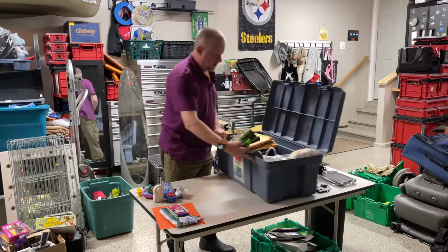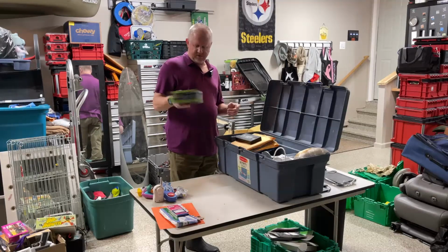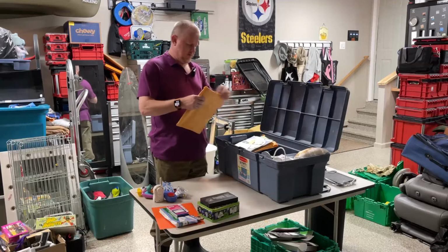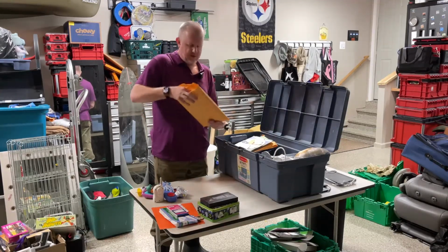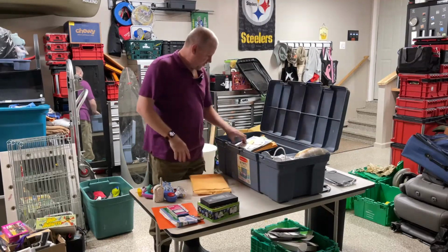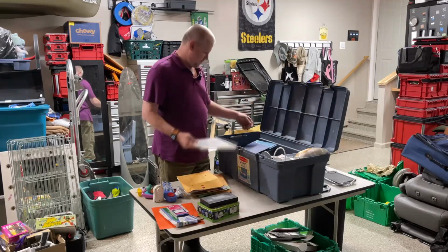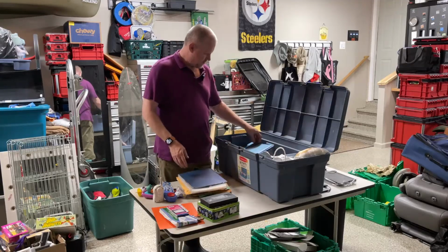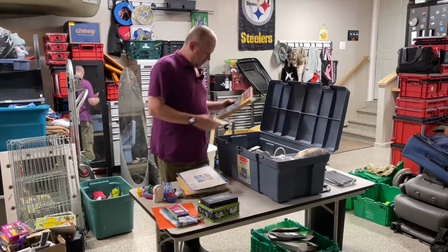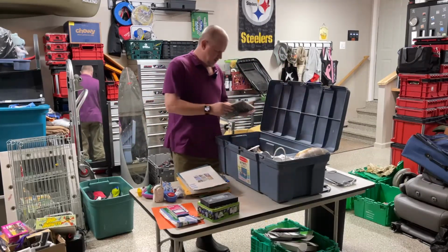Let's just turn this thing sideways so you guys can see. So we got a really cheap Ninja Turtles lunchbox, a Disney Hercules movie. Let's see. More personal stuff. More personal stuff. Toyota Camry repair manual, 83 to 91. Some more